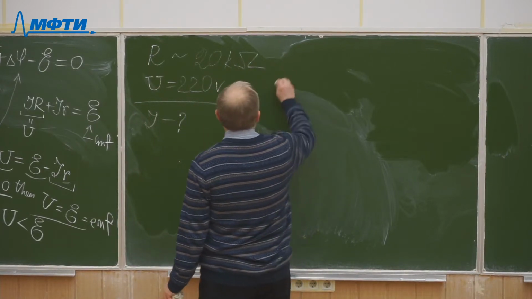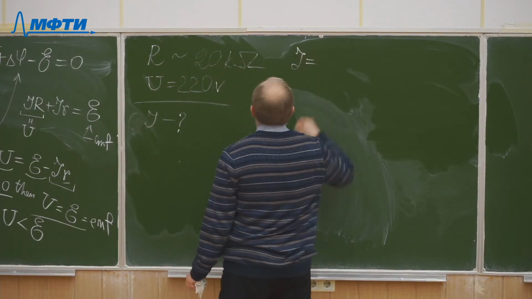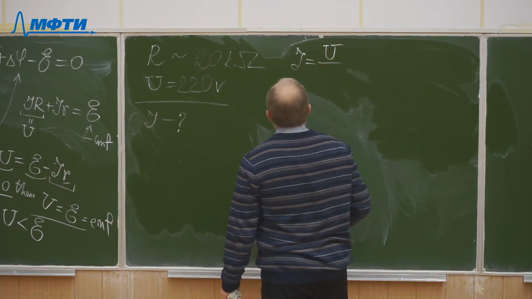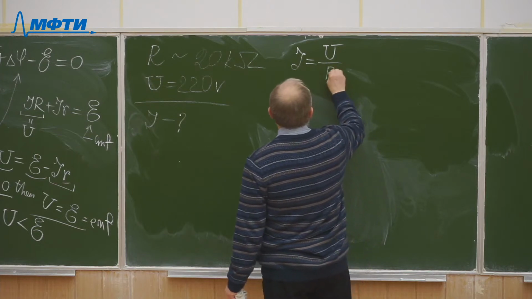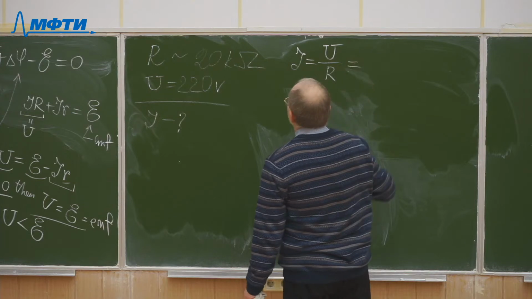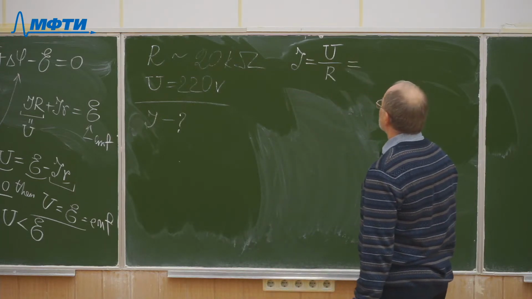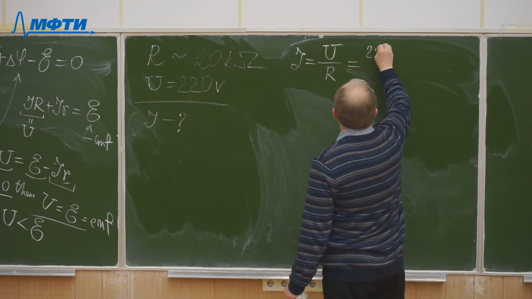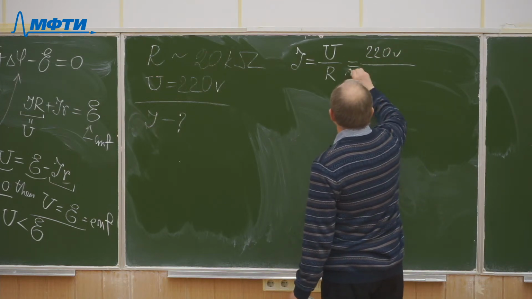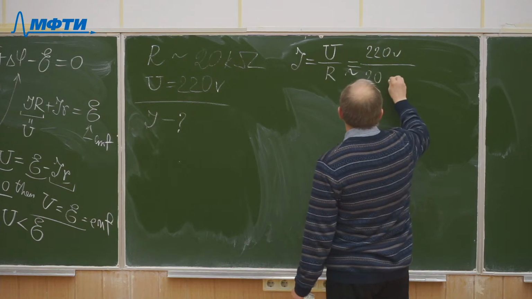The current can easily be calculated from Ohm's law. It should be proportional to the voltage and inversely proportional to the resistance. And that will be 220 volts divided by something like 20 kiloohms,